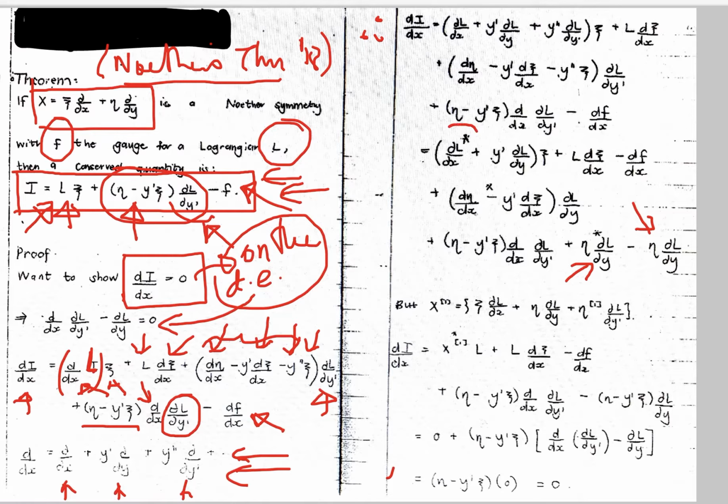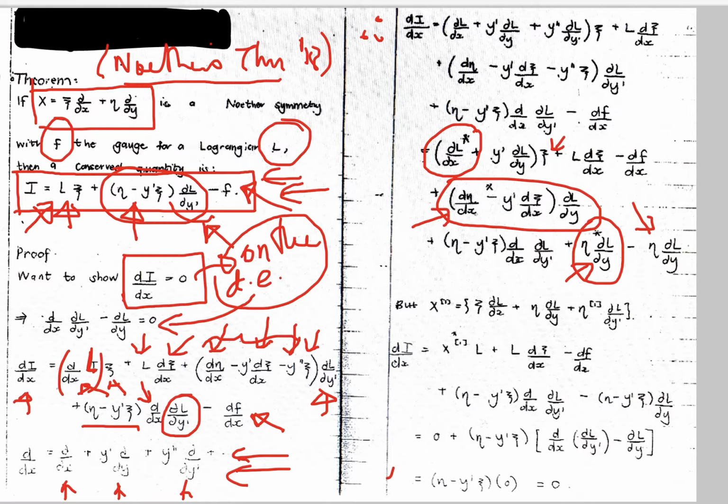If you take ∂L/∂x times ξ, and if you take ∂L/∂y times η' minus y' dξ/dx, so that's its whole bracket, I should in fact circle the whole thing. If you take that, and this term that we've included now, if you take these three terms,